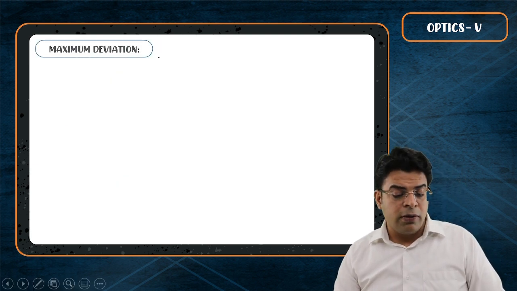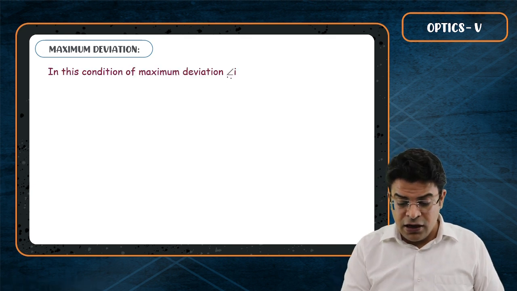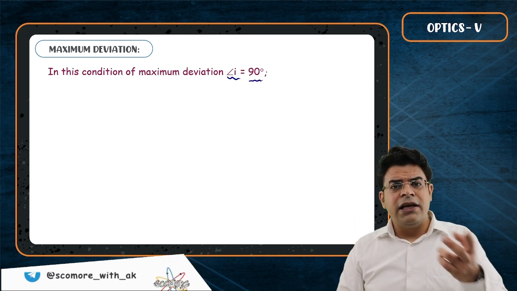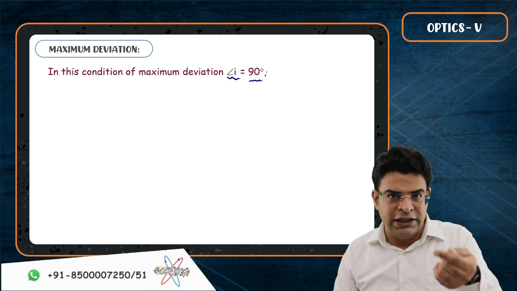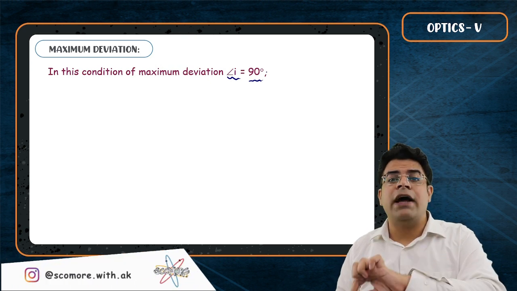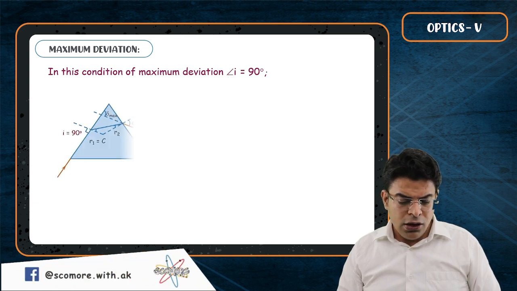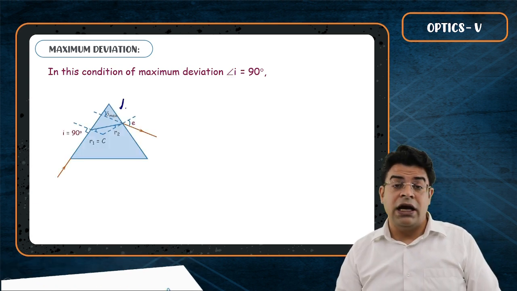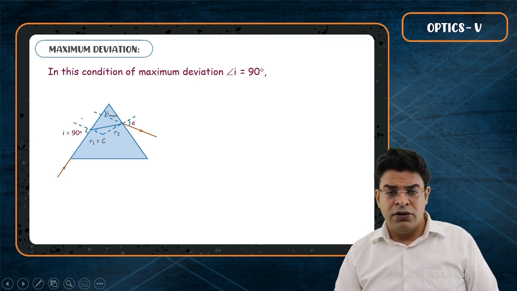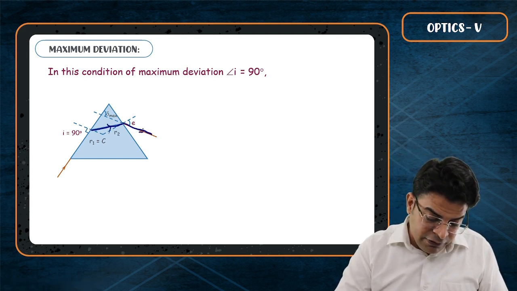So first, let's talk about maximum deviation. We have just learned that we get maximum deviation when the angle of incidence is 90 degrees or the angle of emergence is 90 degrees. We can keep any one equal to 90 degrees from the first statement. If i equals x and e equals y, then for i equals y, e equals x. So one of them should be equal to 90 degrees. Now beta, visualize the prism in such a fashion. Let's say we keep the angle of incidence as 90 degrees, and the ray undergoes the first refraction and then the second refraction.